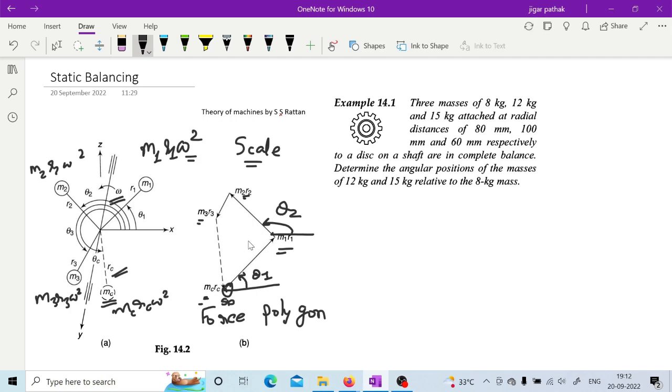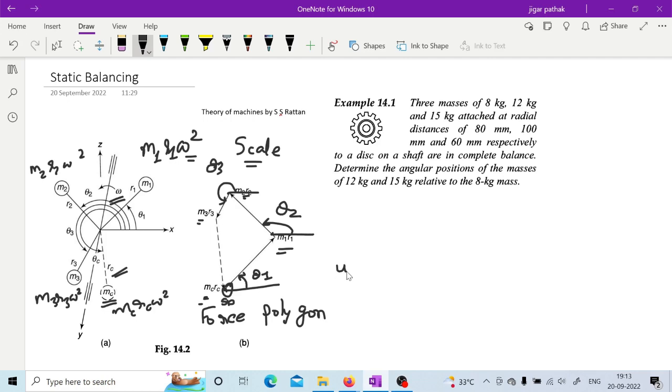In the velocity and acceleration diagrams also we have seen that by taking a suitable scale you represent the velocity of different components, right? So here also you will take some suitable scale and represent this m1 r1, m2 r2 and m3 r3, like this. If you go with the given angles and the magnitudes you get for m1 r1, m2 r2 and m3 r3, you will find that this polygon is not closed, and once you have this open polygon, it means